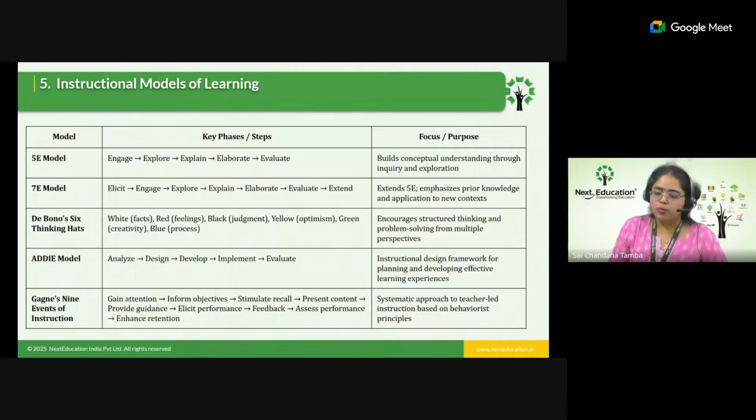And then presenting the content, that whatever is there in that particular chapter, you make the students acquainted with it. Then provide guidance to them, on how they need to learn, or what is the easier way of grasping this particular knowledge. Then elicit the performance, how the students are performing. That is, you're evaluating the students using different questions,